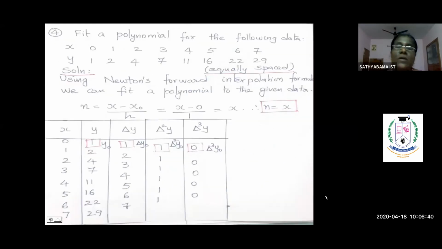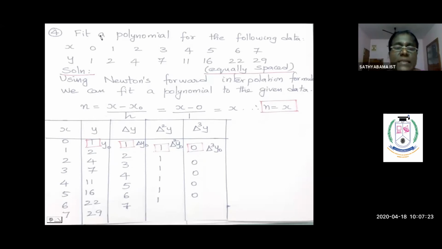So now we'll go for the next different case, with a polynomial for the following data. So polynomial means how we are going to work it out. So he has given x values, y values, and since x values are equally spaced, I have to use either Newton forward or backward, but I need to put a polynomial, which means I need unknown x and unknown y. The polynomial should be in terms of y is equal to f of x. So x won't be given. So I'm going for the forward interpolation formula by default to construct a polynomial for equally spaced interval of x values. So here x is kept as x itself for calculating n.